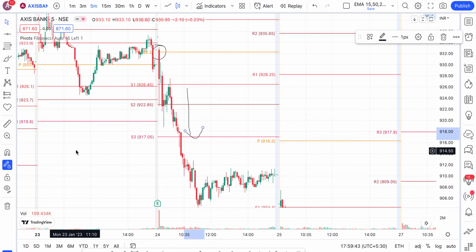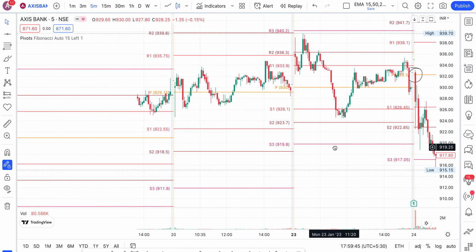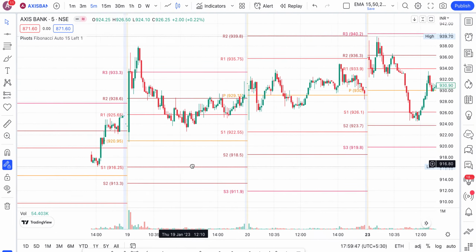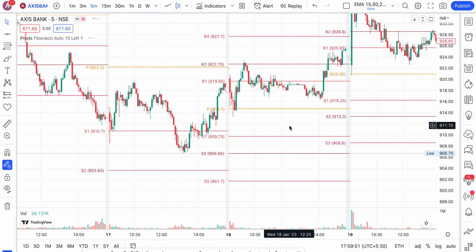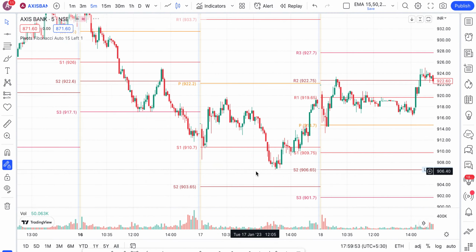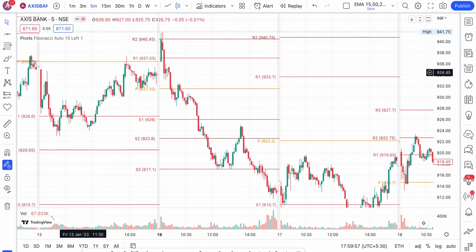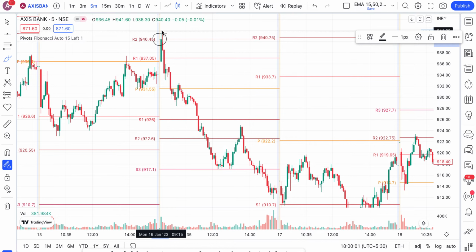Okay, so now let us see some more examples where it is trending. Okay, so you can see good data here as well. So here also let us see if you have shorted here, and you have no idea what should be my immediate support where I can take my targets, right? So from here you can